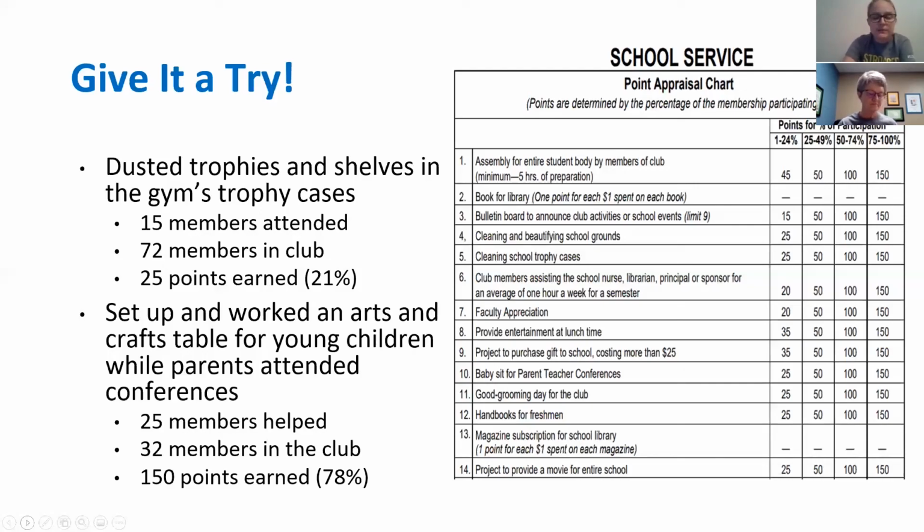So you'll see a couple of different options out there. There's some ideas in the KAY handbook, but you need to make sure that you have a system to keep track of all of these points. That system may be a Google Sheets or an Excel spreadsheet. I think that might be one of the easiest ways, or you could do it by hand in a notebook. But you need to make sure that you have a running total going at all times. So when your president or your sponsor says, hey, how are we doing on points? Okay, well, we have this many points in each of these categories. And you might find other ways to communicate that with your club as well, because your club members are just as invested in this process as you are.